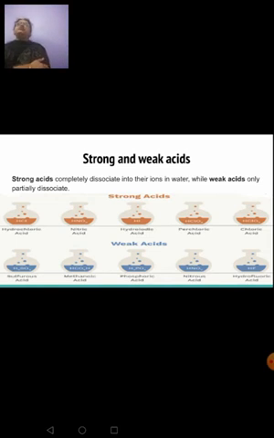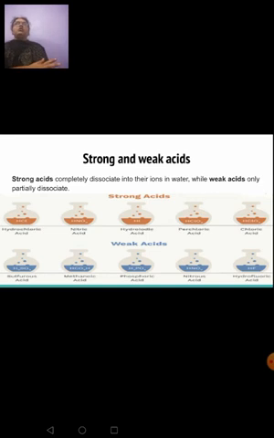Okay, then coming to the classification based on concentration. It can be divided into concentrated acid and dilute acid. Concentrated acid means what? The acid amount will be more, whereas water will be less. Whenever you need to dilute an acid, you have to add acid to water. It is not mixing water into acid. You have to add acid to water. You have to measure, the amount of water should be more and acid should be less. That is how we dilute. Okay, so these things you should know.